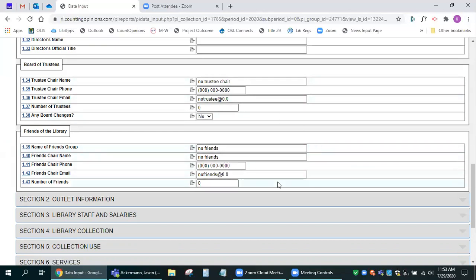So those are the valid entries for these two groups, and the other valid entries, again, a positive number for anything that requires numeric input. A 0 means you have none of that number. And if there is an option for not applicable or unavailable, you can select that. When you do that, you're saying that you don't know the answer, you don't collect the data, or you can't get the data right now. All of these valid entries are listed in the library data report instructions.